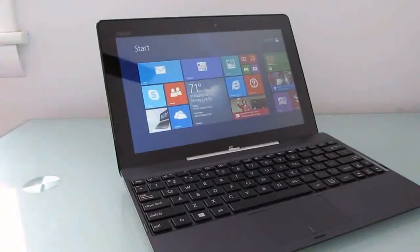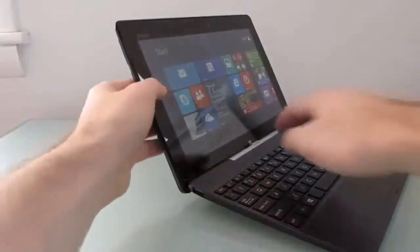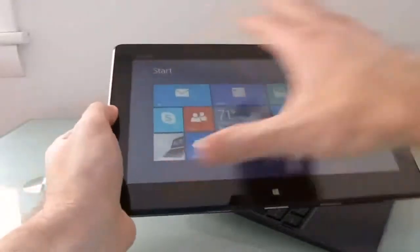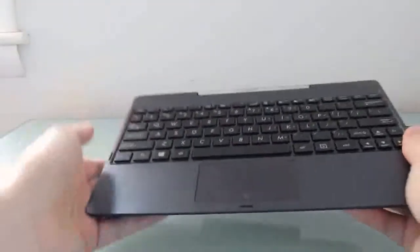Now, why is it called the Transformer Book? It just looks like a regular laptop. But you can actually detach the screen and use it as a tablet. All the important bits are in the tablet section, but there's also this keyboard dock that comes standard with the